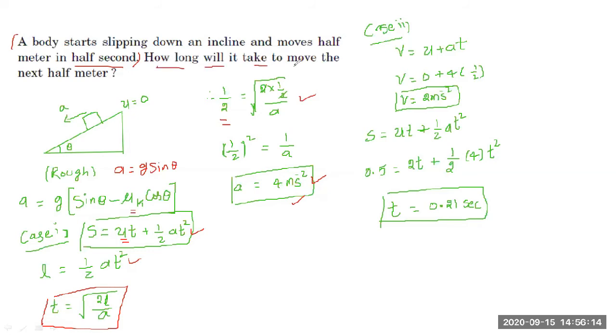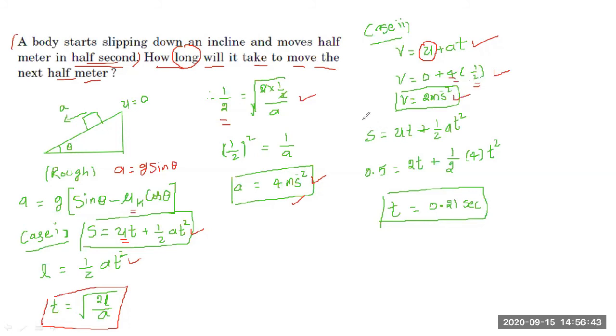What is that? How long will it take to move the next half meter? So in order to find the time, how long in the sense we were asking to find the time taken to move the next half meter, first make use of v is equal to u plus at, because it started from rest, but after half second, definitely it will have some velocity. Now try to find that velocity by substituting time as 1 by 2, acceleration as 4, so that we get v is equal to